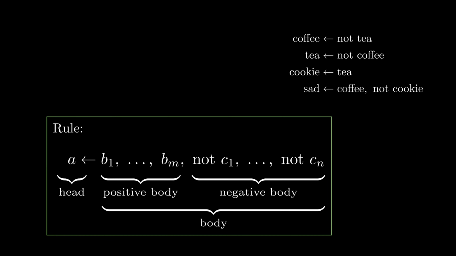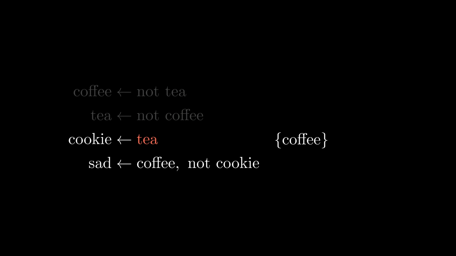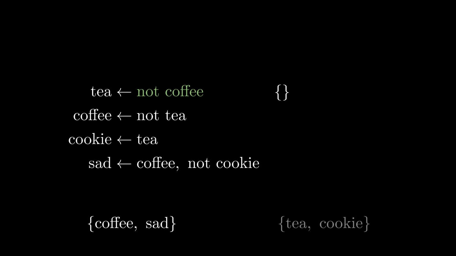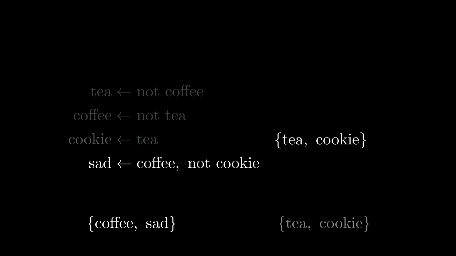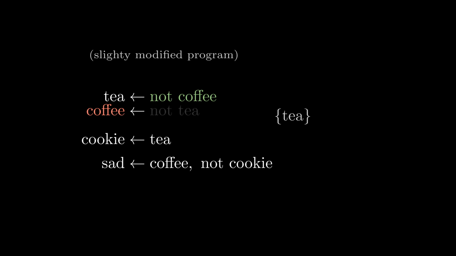Interesting. Let me evaluate this new program using my previous method, applying rules until we cannot apply rules anymore. Matti is doing the same on his side, but wait, we don't obtain the same result? I see. We did not apply the rules in the same order, which does matter now that our logic program is no longer positive. It's even worse, actually. If we start applying this rule, then we can further deduce things that would have prevented the application of the first rule. That's super counterintuitive.